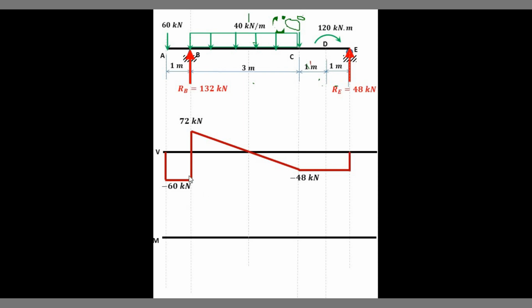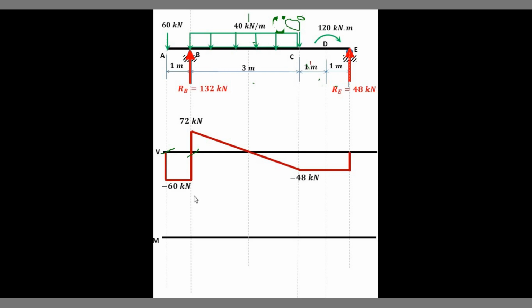Now, if you can see here, dito sa my shear diagram, from this point hanggang dito sa point na to, that is a rectangle. So, para ma-drawing ko yung moment diagram, I have to take the area of this rectangle, which is equal to